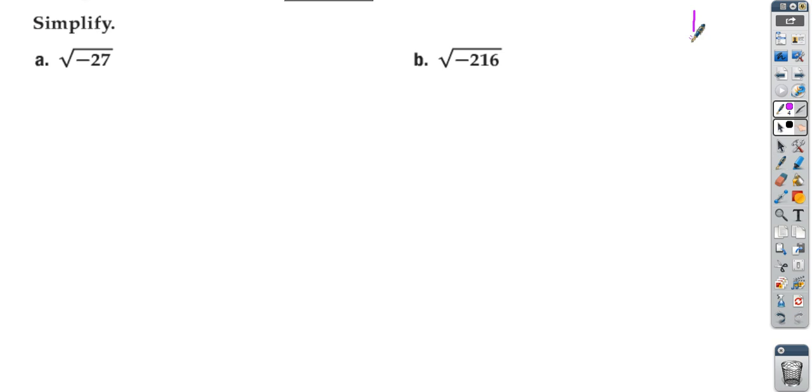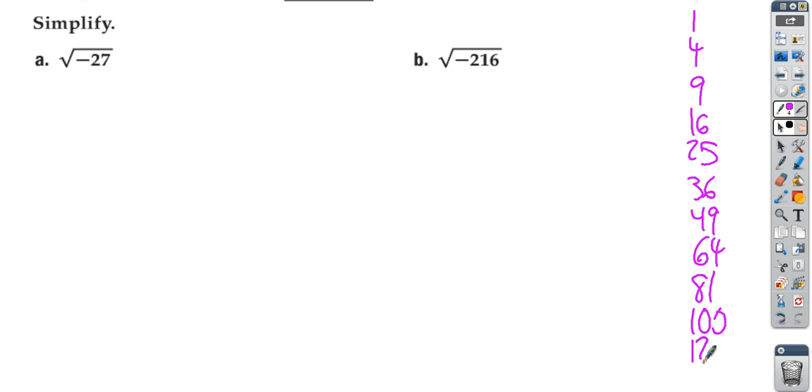So here's our perfect squares. I'll list them right here. And we're looking for a way to factor those out, I should say, to be able to simplify those. Usually if you go to 10 squared or 12 squared, you're set. So the very first thing we do when we have negative square roots is we pull out a square